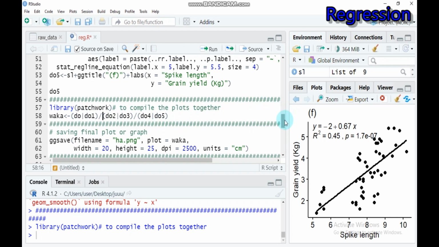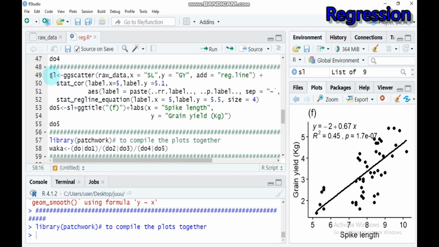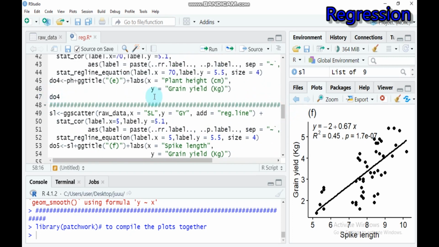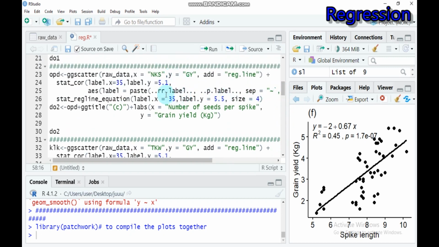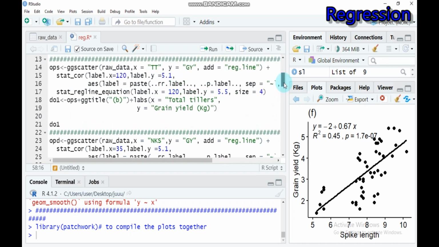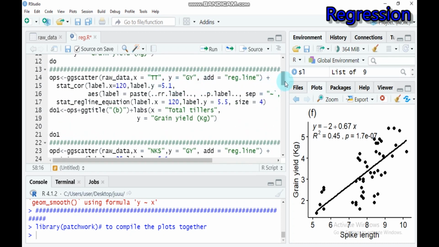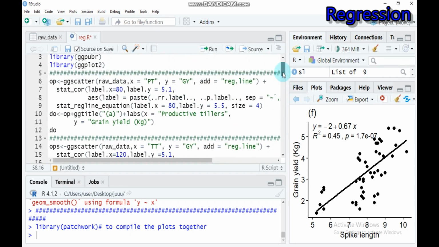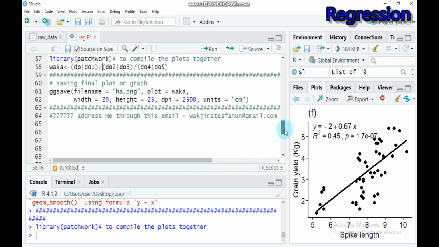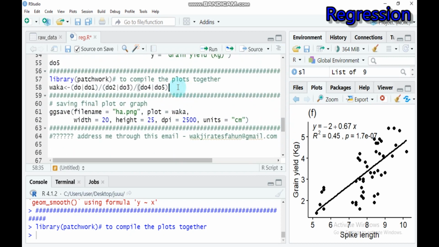D05 means what we created for what? D05 is for spike length, the simple linear regression for spike length. D04 means it is for planted. And again, D03 means it is for what? The 1000 kernel weight, what we assigned here. And again, D02 means what we assigned here for the number of seeds per spike. And D01 here is for total tiller, and D0 is for what? For productive tiller. So we will combine all these in one single